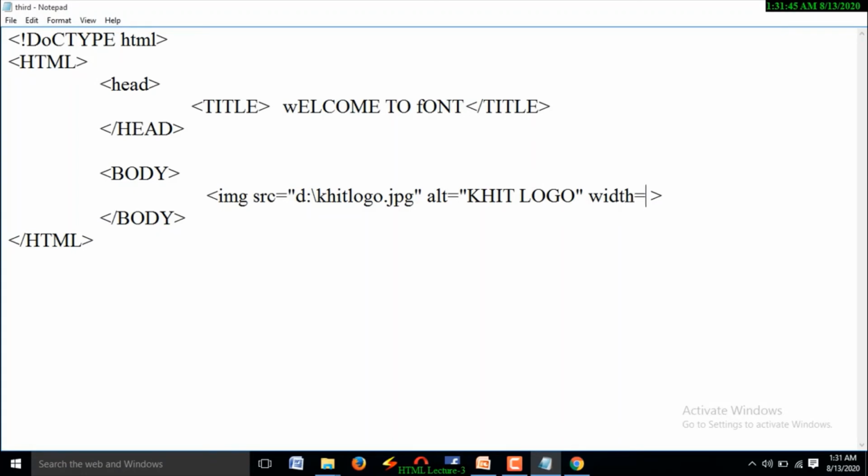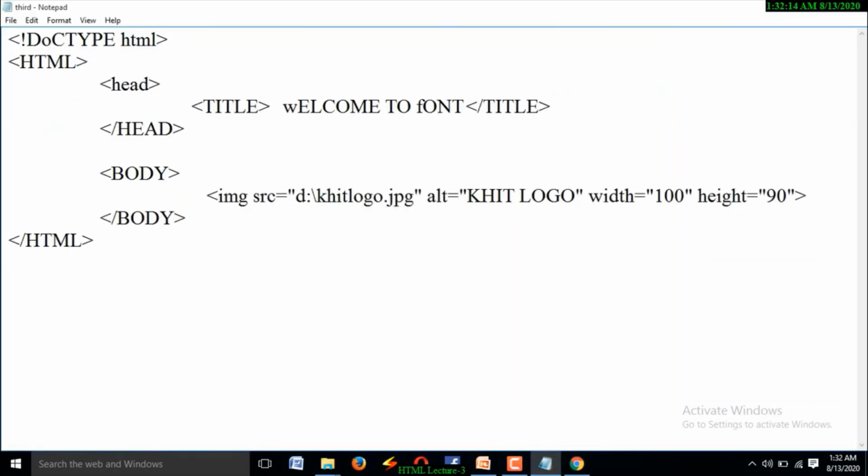Width is equal to, suppose, 100%. You may write 100 instead of 100%, otherwise you may mention in pixels also, and height is equal to 90%. Assume like this.